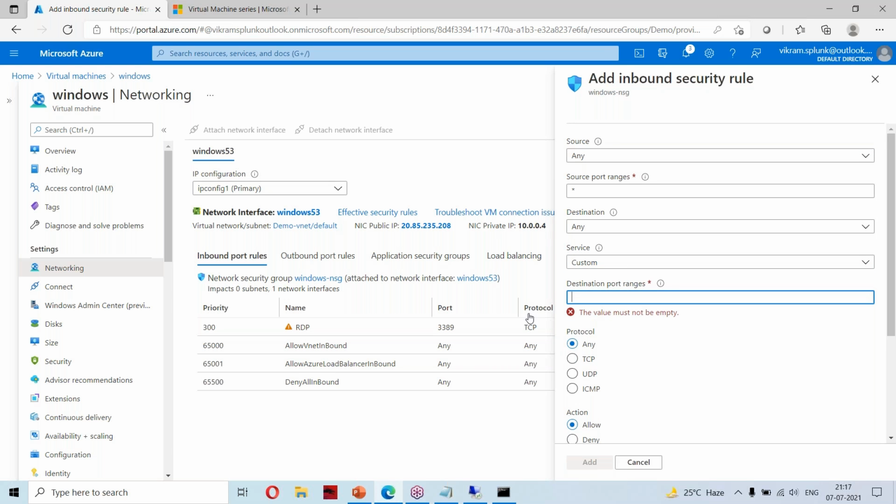I can put star here and select ICMP. This ICMP is for the ping protocol, for the ping command to work. Yesterday I had given 7. If it is a custom port, you specify the port number of the destination. There are source and destination, and every machine communicates with a port. Whenever it is sending data, you have a source IP and some port through which you send the data. At the receiving end you also have that port. Yesterday I gave 7 instead of star.